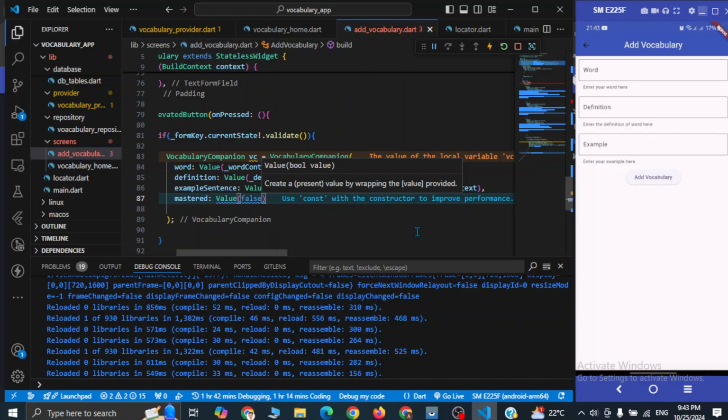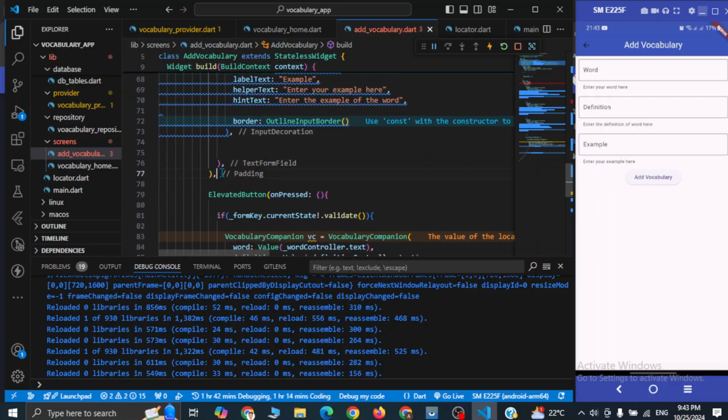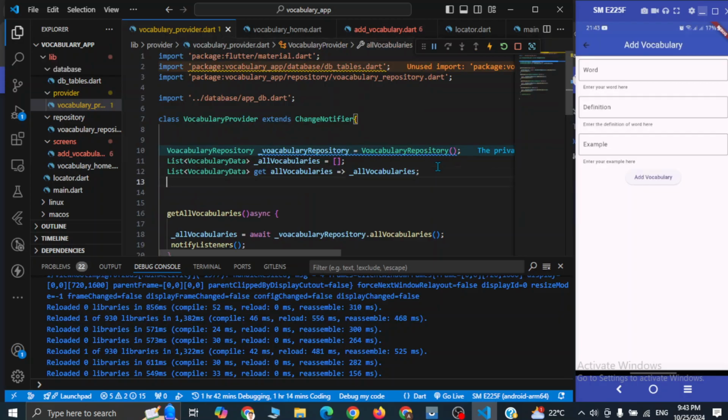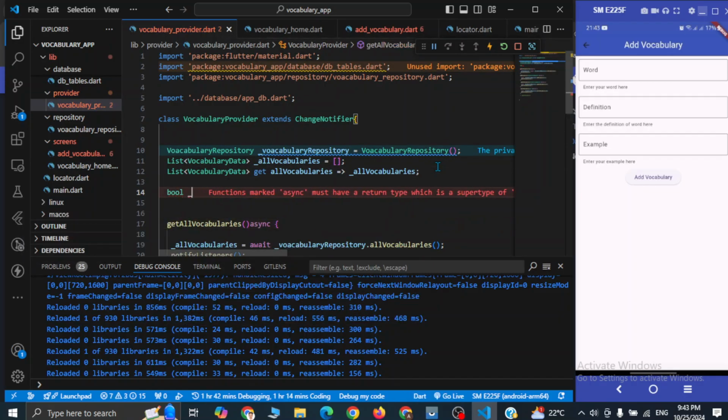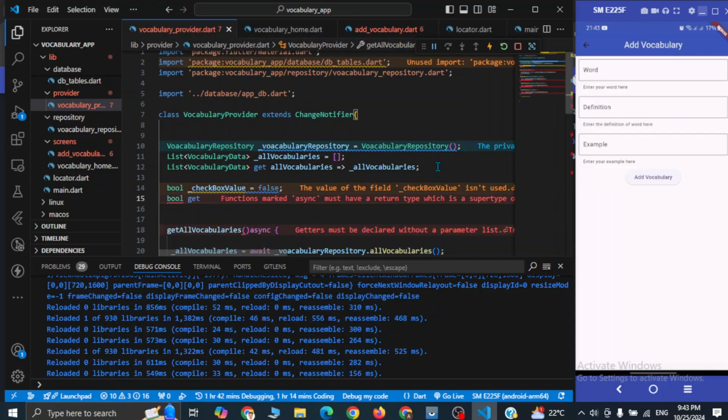So we can directly assign false here, or okay, let's make a checkbox here. Checkbox, and let's create a variable here for the value. Okay, so bool checkbox status or checkbox value. So by default it is false. Bool get checkbox value,